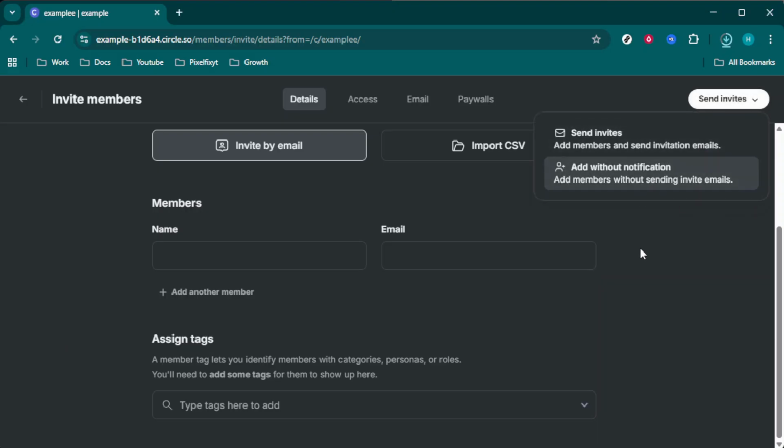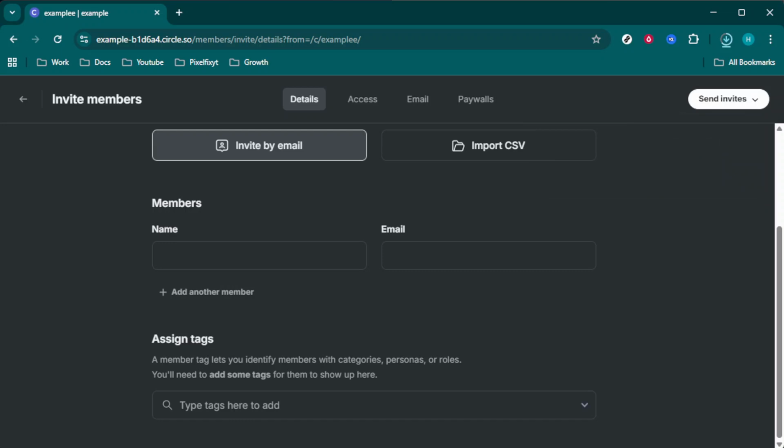And there you have it. With these steps, adding members to your Circle.so group is a simple process that ultimately enriches your community by bringing in fresh perspectives and